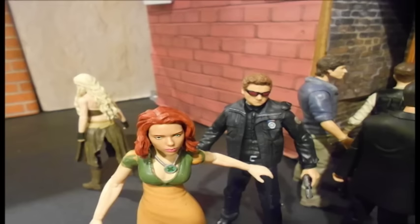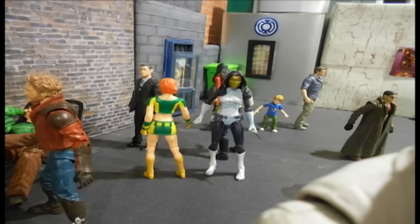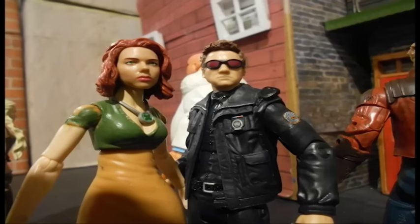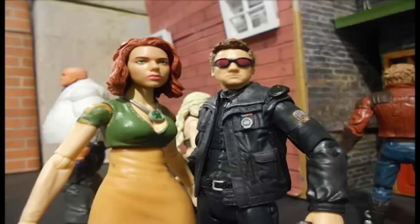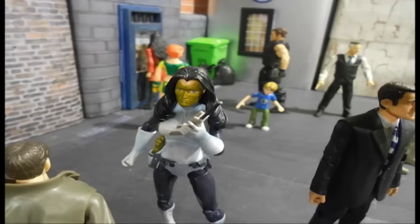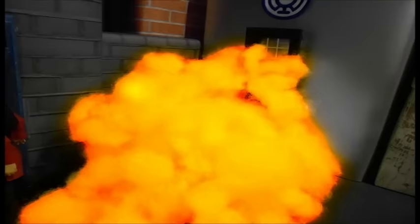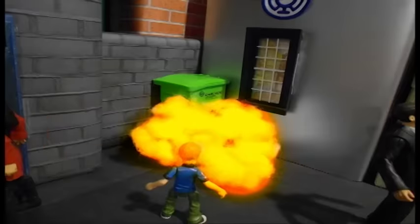Yeah, we've got a lot of random people that work as civilians. I think I've got Han Solo, Doc Ock, Jean Grey, Rachel Grey. I put John Blake's head on Harvey Dent. We've got Star-Lord. We've got Sandman. We've got Kingpin. We've got a World War Z figure I got. Franklin Richards. There's Khaleesi. And then originally Madame Mask was going to throw a grenade in a baby carriage and